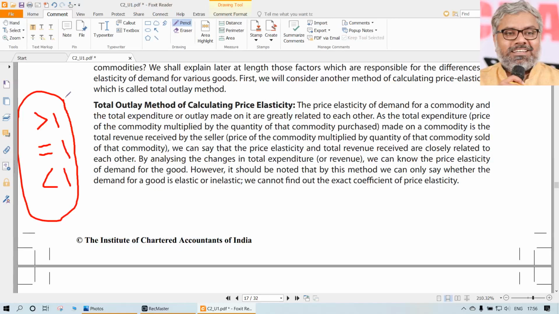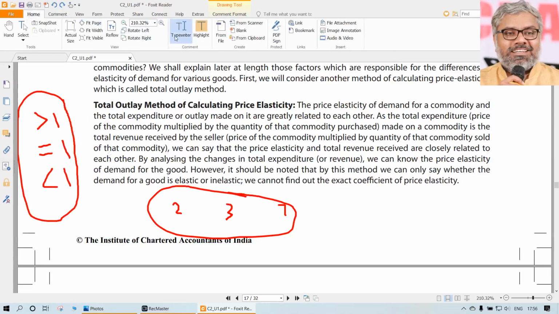But when we say greater than 1, anything is greater than 1, right? For example, some product is having elasticity of demand of 2. Because that is greater than 1, that we know. Another product is having an elasticity of demand of 3. That is also greater than 1. Another product has an elasticity of demand of 7. That is also greater than 1. But all of them we are putting in which category? We are all putting them in the category of greater than 1. We are saying that all these products are relatively elastic. So the numbers are given, the elasticity of demand we are calculating, but ultimately it is just a number falling in any one of these three categories.